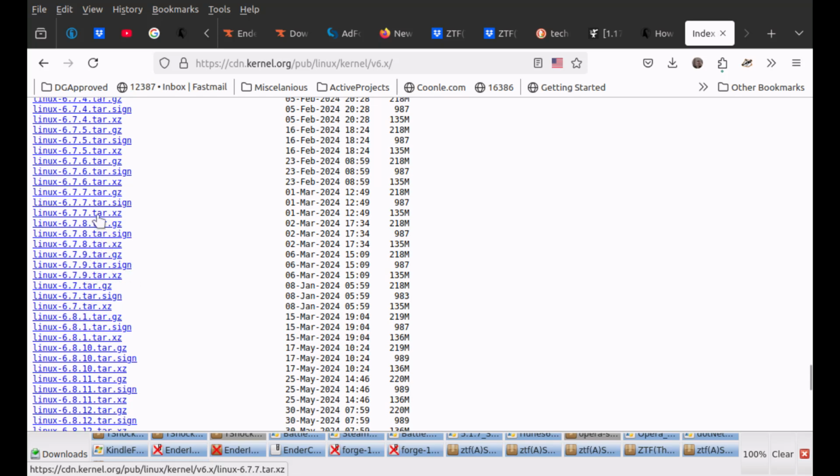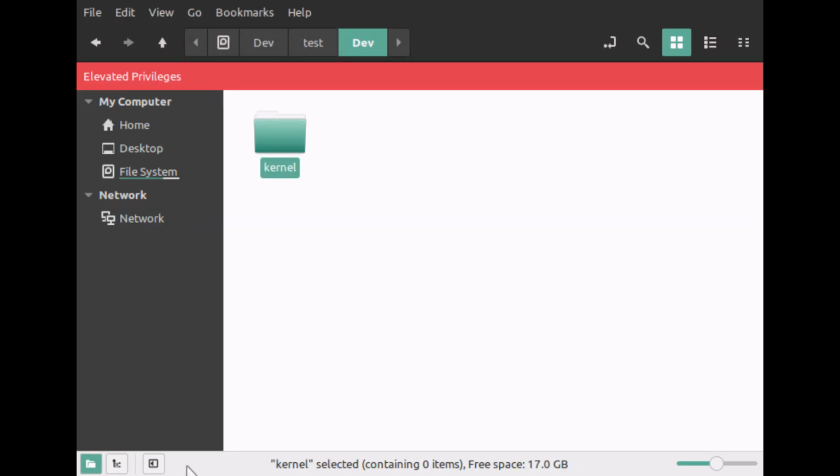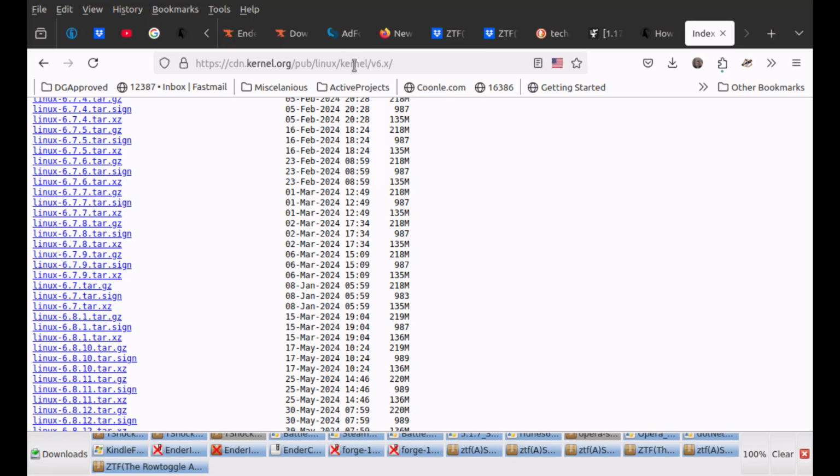So we see there's a bunch of different files. Three of them: a .gz, a .sign, and a .xz. This is a different compression than this one, but let's follow the one that's used in the tutorial. So essentially we're redoing this such that it's up to date. We see that it is called 6.7.9. We had to switch to